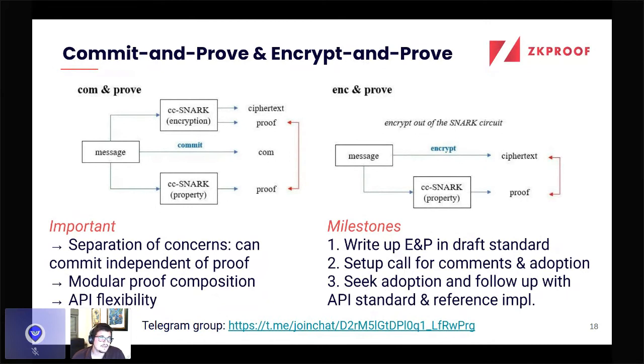And so far, we've had several milestones. First of all, the main proposal was actually a slightly different concept called encrypt with proof, which I'm not going to dive into the details of, but feel free to check out the actual proposal at the reference link given above. But we managed to adapt it to this concept of encrypt and prove. And we're now writing up the encrypt and prove draft, a proposed protocol in the draft standard.